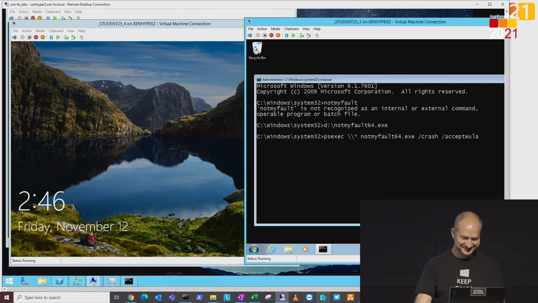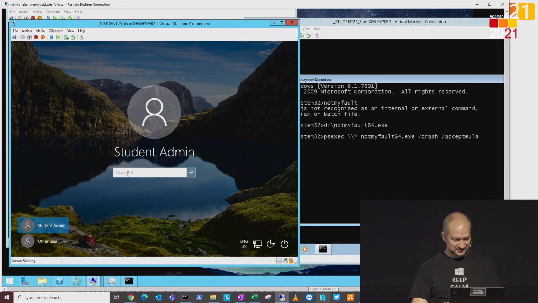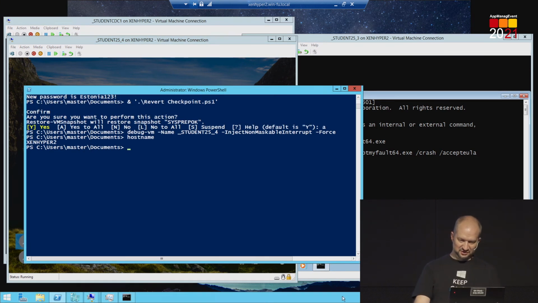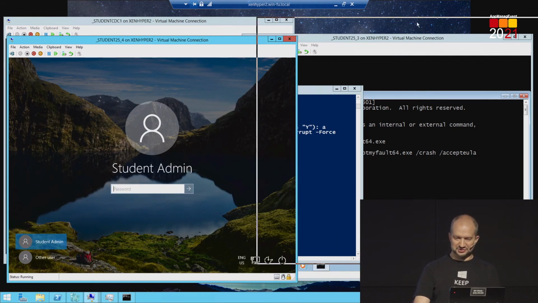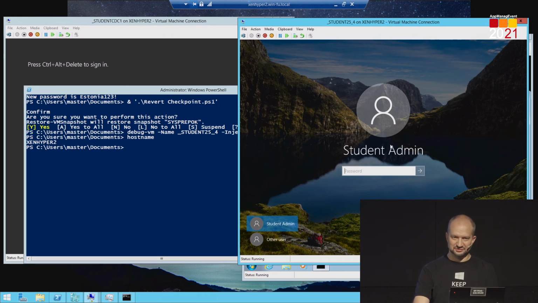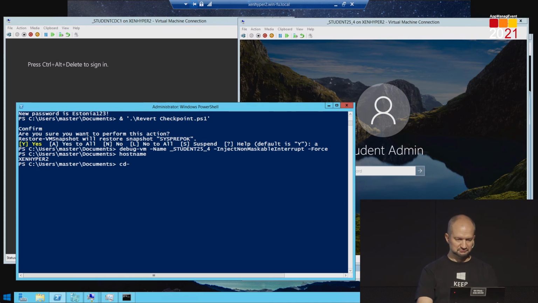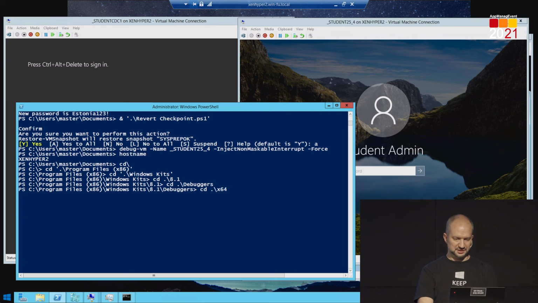Anyway, LiveKD, if you want to get a memory dump out of a machine, and it's on Hyper-V, for example, here I have these virtual machines running on Hyper-V. The really cool thing is that although this machine is not supposed to be possible to debug because it's not booted into debugging mode, that's the protection in Windows, that you can't access the memory because it's not in debugging mode. But for some weird reason,